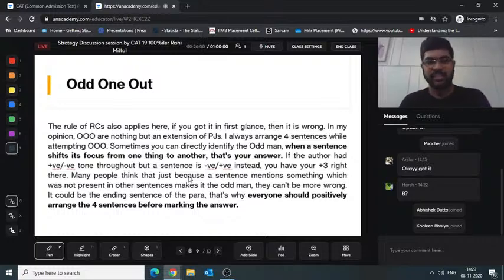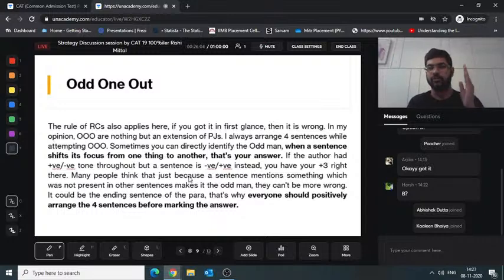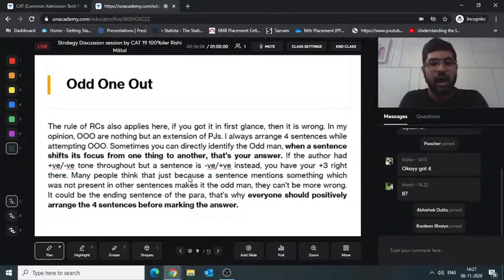Personally, in my opinion, this is one of the trickiest sections when it comes to para-jumble and summary questions. So, how to go about it? It is tricky, but if you get the hang of it, it's very easy to tame. So, let me tell you some tricks and tips which can be used to solve these questions, to analyze them and to get the maximum out of it, right?